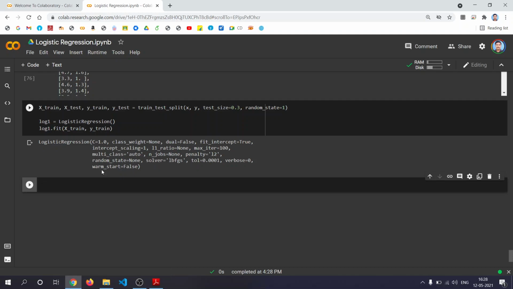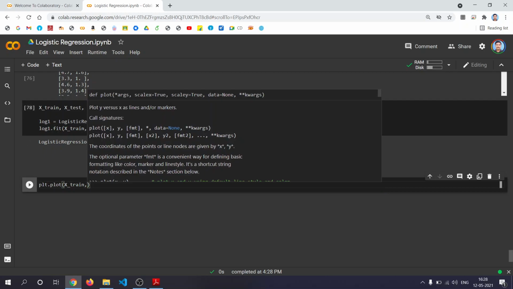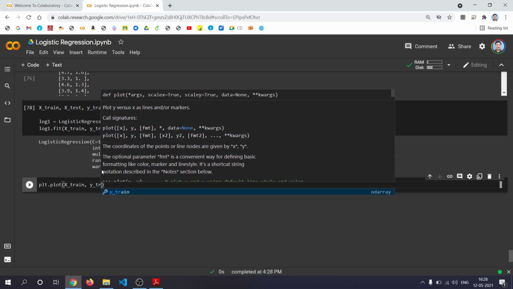Now what are the predictions? You can go for the prediction values. Let's try to plot this in a graph, then we'll see. So plt.plot x_train, y_train.